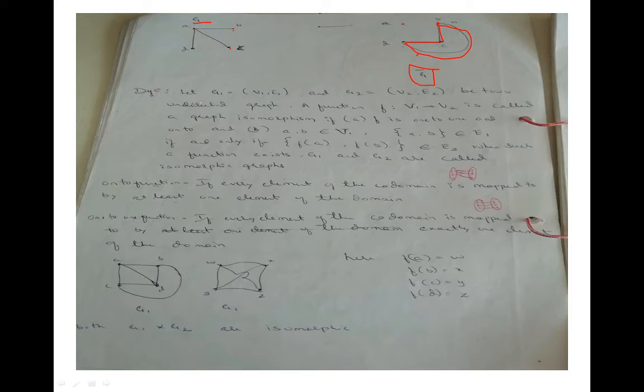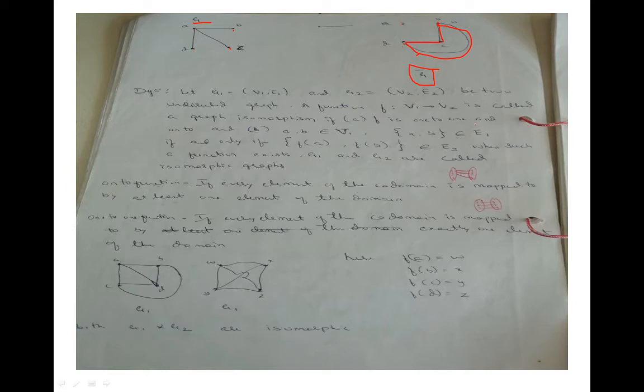Next definition we are having: let G1 equal to (V1, E1) and G2 equal to (V2, E2) be two undirected graphs. A function f from V1 to V2 is called a graph isomorphism if there are two conditions. First one is